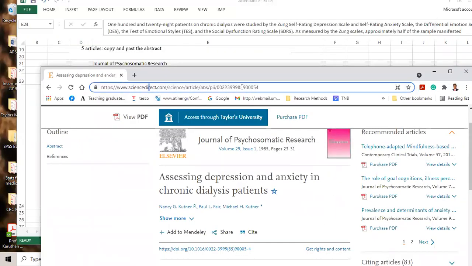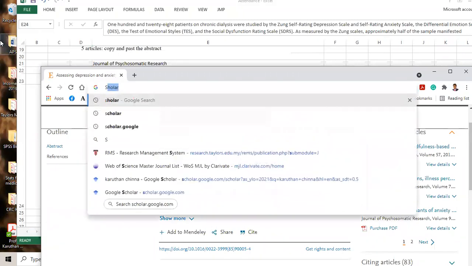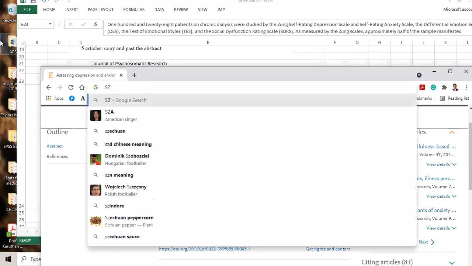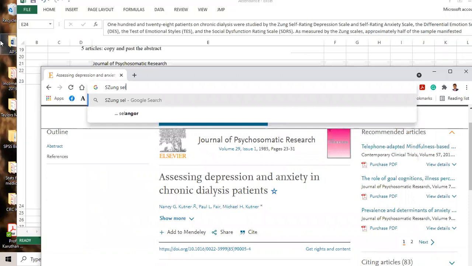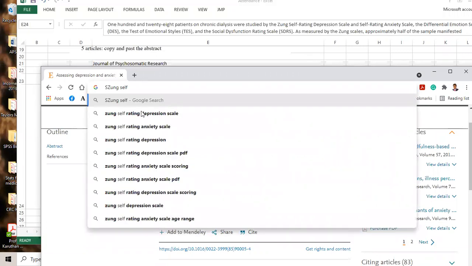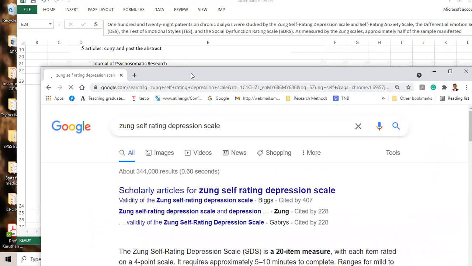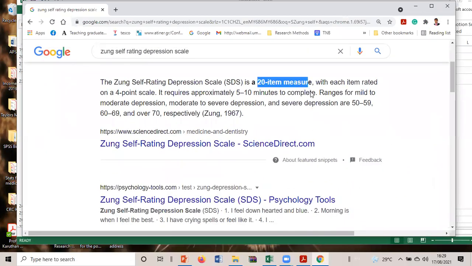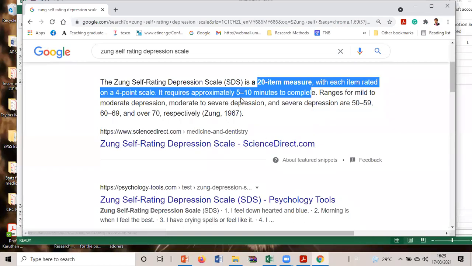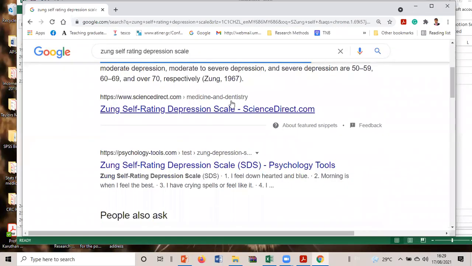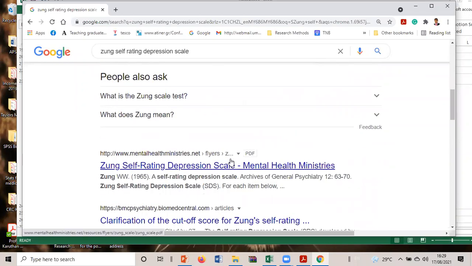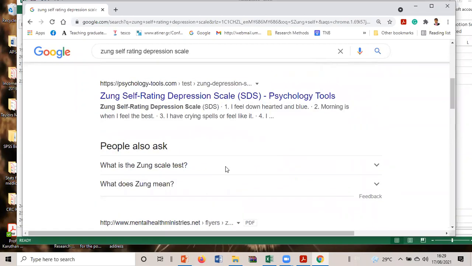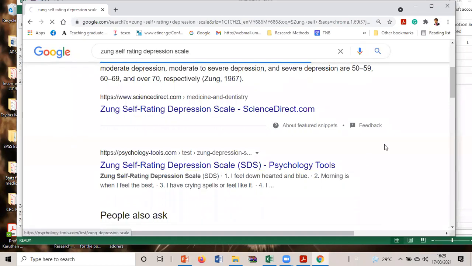Now some of them are free. Zung's self-rated depression scale. For your PhD, you want a questionnaire. That's telling you the questionnaire is here, and it tells you the scoring system, everything A to Z, right?